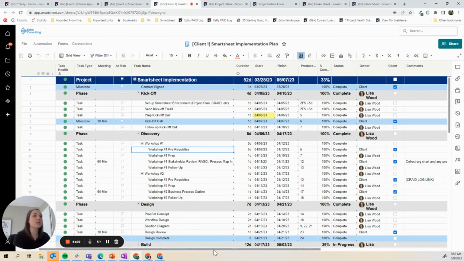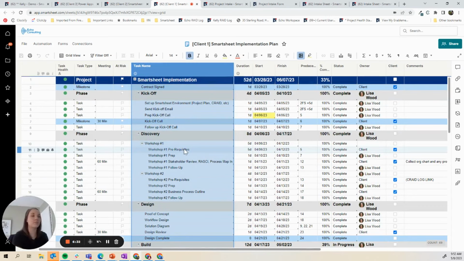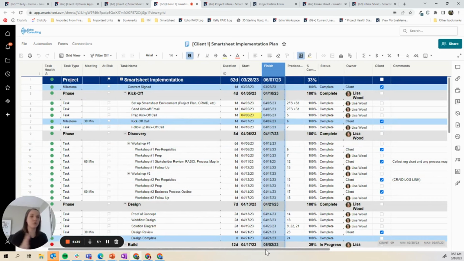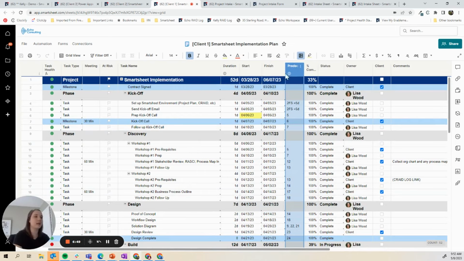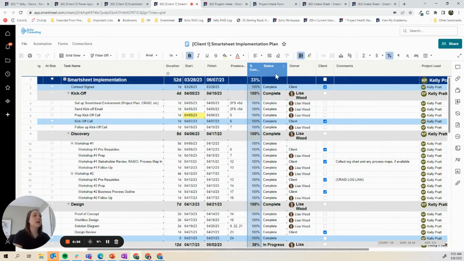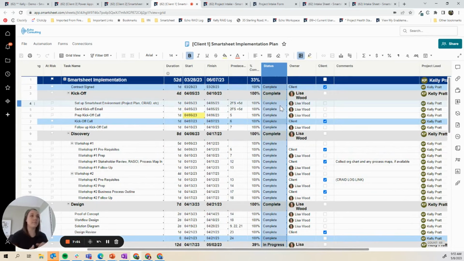So some of the key ones I would say, right? So of course, task name, right? It could be task name, description, start and finish. Obviously you need those. Some people use start dates and end dates. Again, the naming has to be the same. Project or column names have to be the same across all projects. If you have dependencies enabled in Smartsheet, it should have predecessors and duration. Correct, right? Percentage complete. Status,